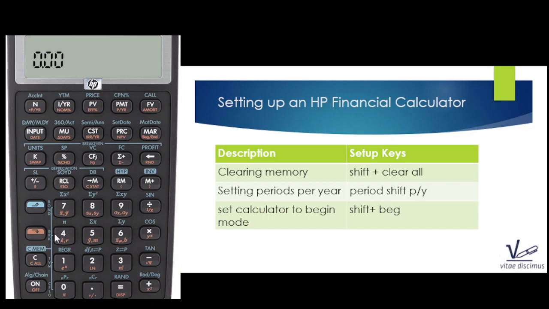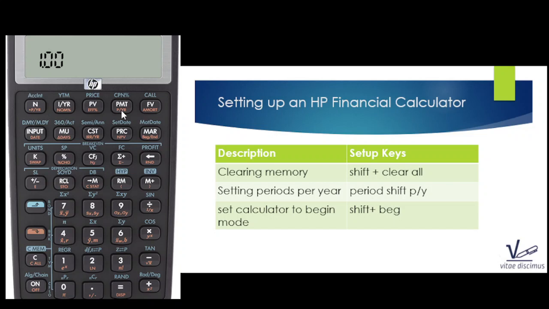To change the number of periods of your calculator, the first step is to check at what periods your calculator is currently set. If you press shift and clear all, it's showing 2 per year, meaning that your calculator is currently set at 2 periods per year. You can change it to 1 period per year, meaning that you're expecting interest to be compounded only once in a year. To do that, you press 1, then you press shift, then you press